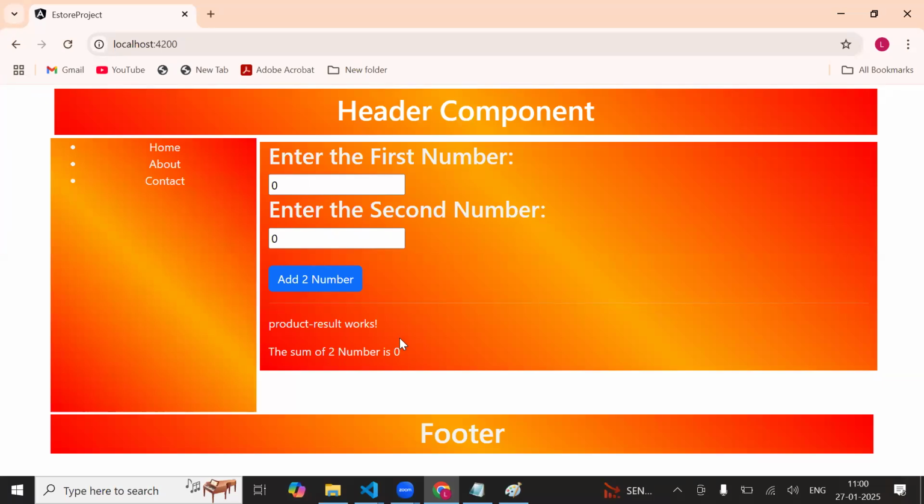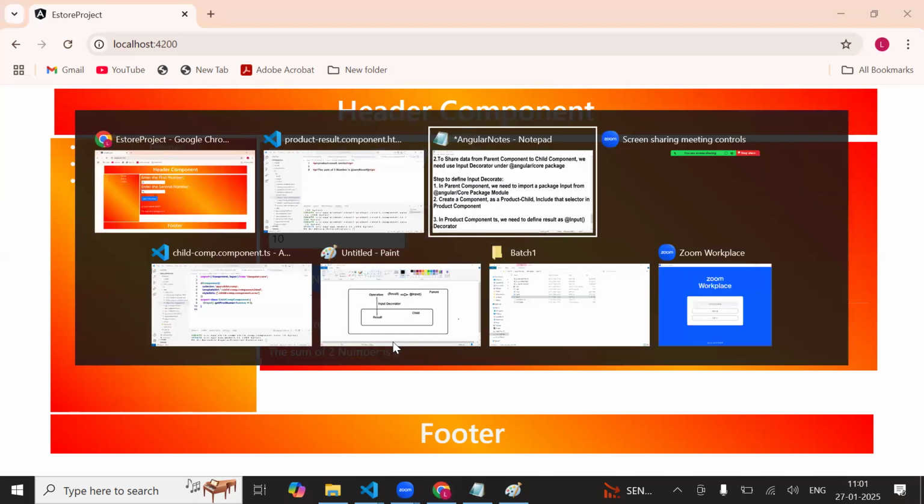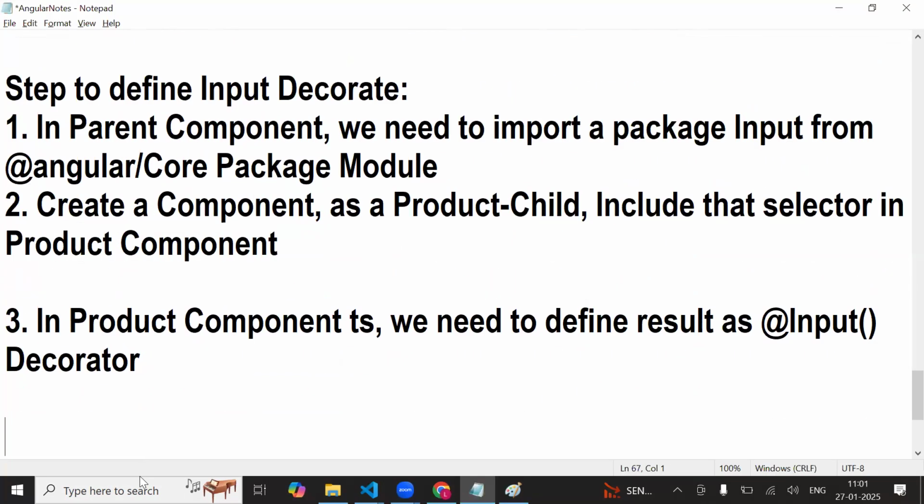Yes, sir. 0. But when you pass data 20, 10, and add number, it will not work. Why? Because I've never linked the connection between parent component and child component. How to do that? To link parent to child,